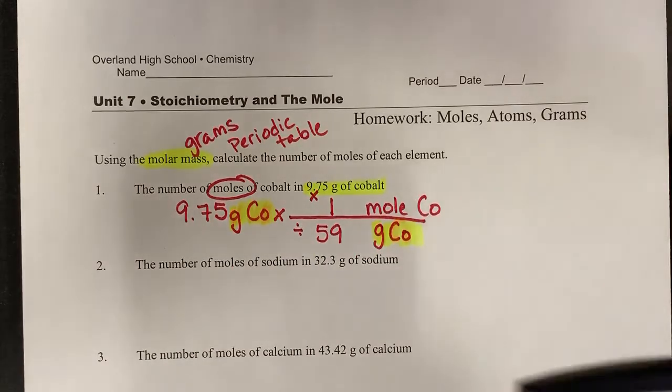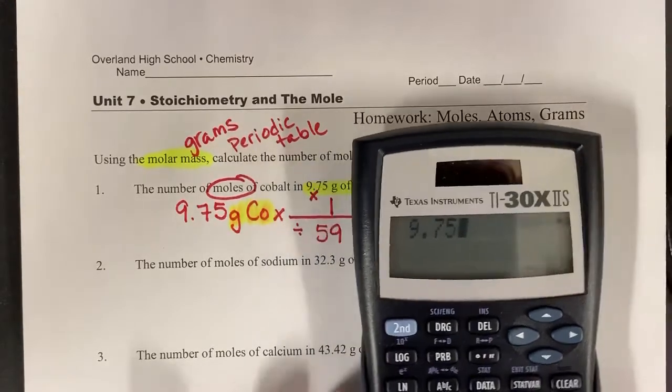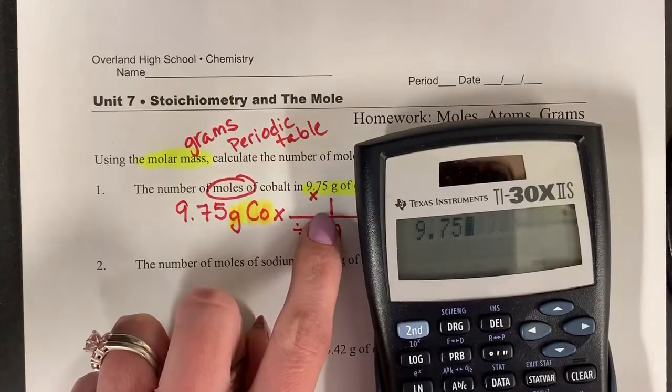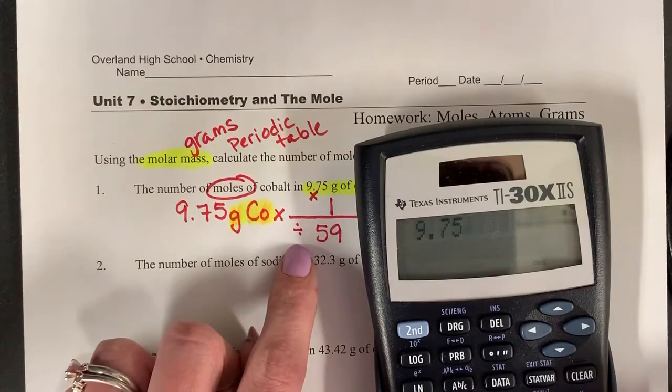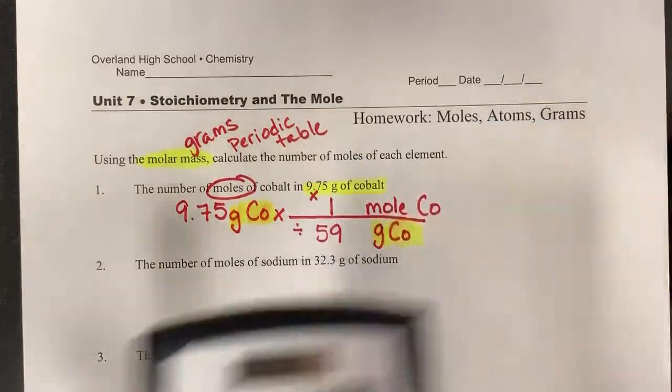So when I enter this in my calculator, I could do 9.75. Now any number times 1 is itself, so I'm just going to do divided by 59, and I get 0.165